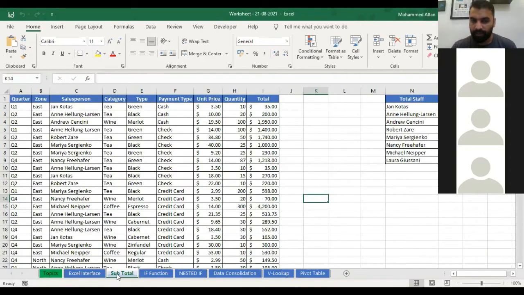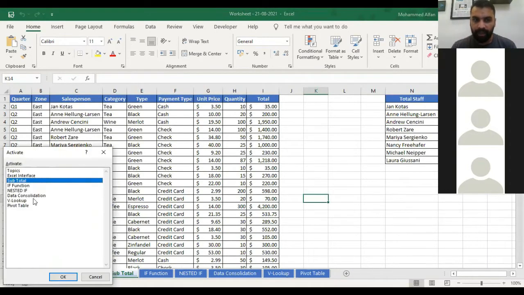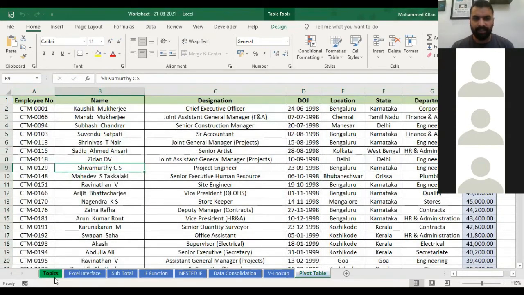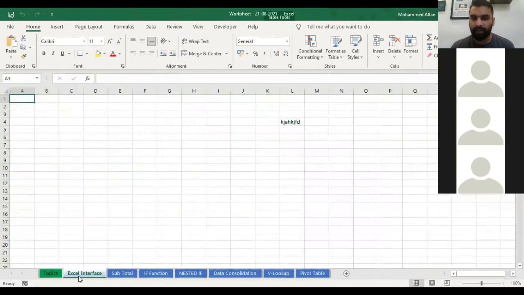See, subtotal. Again, right click here. And if I want to go to pivot table, just click on pivot table. Pivot table. I'm not going manually like this. I'm just typing blindly by using the keyboard. Okay. So these are the things which I would like to cover under Excel interfaces,